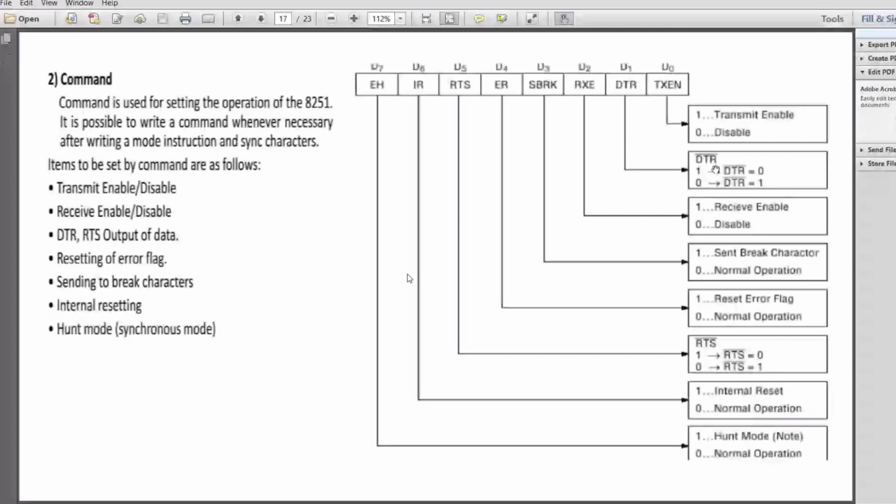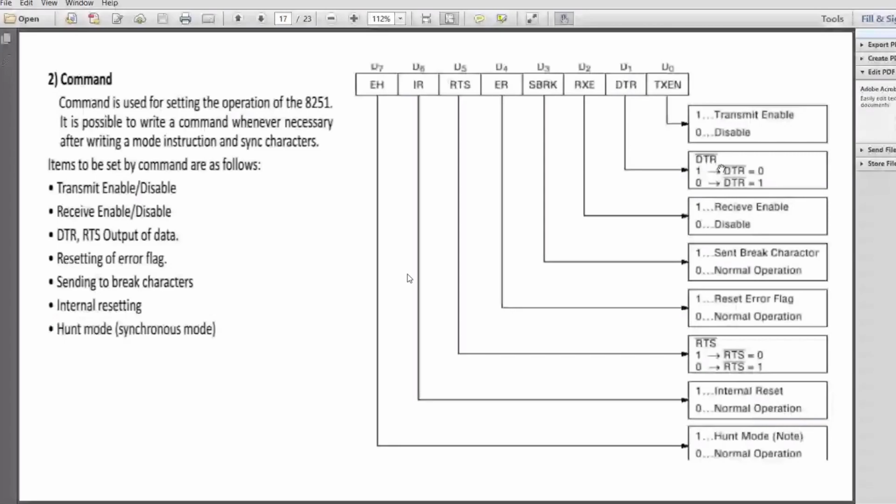DTR means data terminal ready. Before the transmission starts and the transmitting data begins, data terminal ready should be made active, isn't it? So that is done using this one. A command word is written, and that will enable the 8251's DTR line to be 0. One here makes it 0.